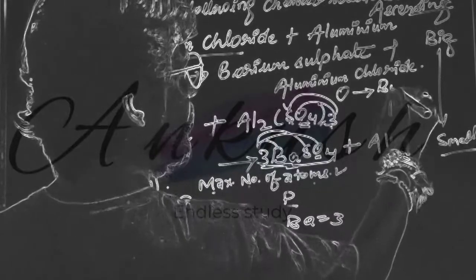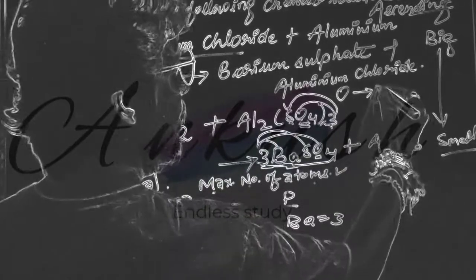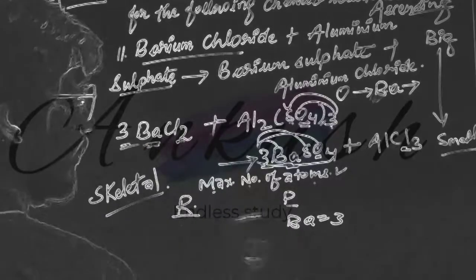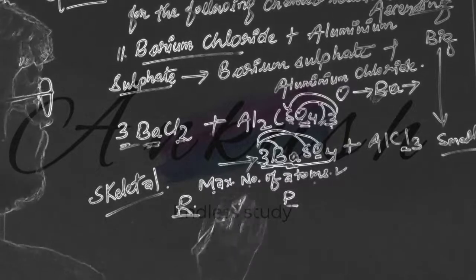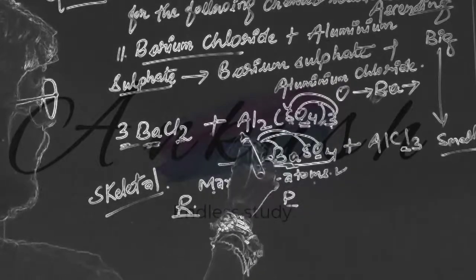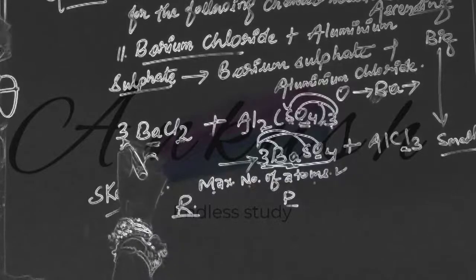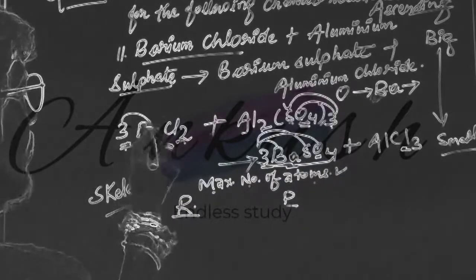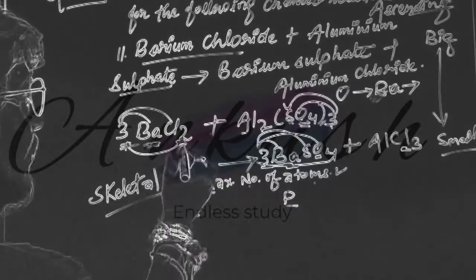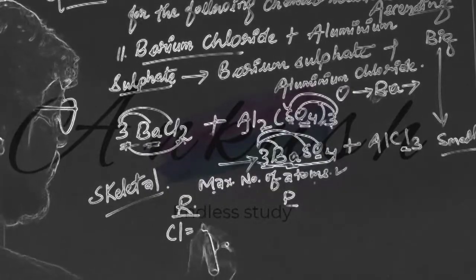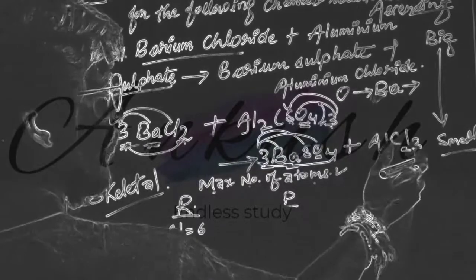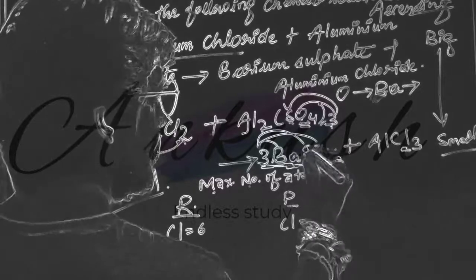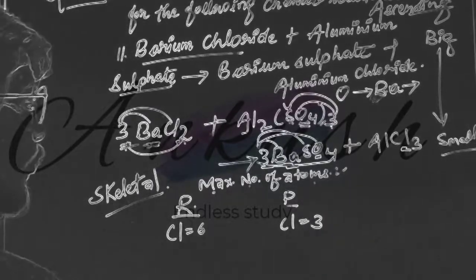After oxygen, barium. Then we will go for the next element. Oxygen balanced, barium balanced. Now if we see here aluminium 2. One more thing here, you see 3 2s are, because whatever the number is written here, it is getting multiplied to both. So 3 2s are 6. Chlorine here how many? 6. These are the maximum. And here chlorine how many? 3. In the product, chlorine is 3. So what do you do?